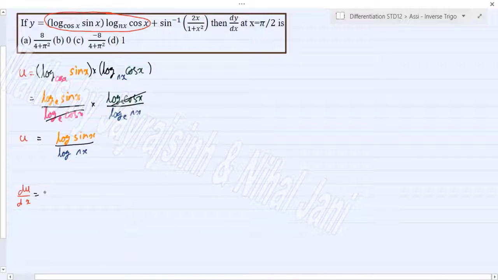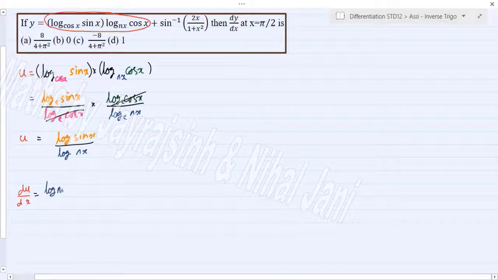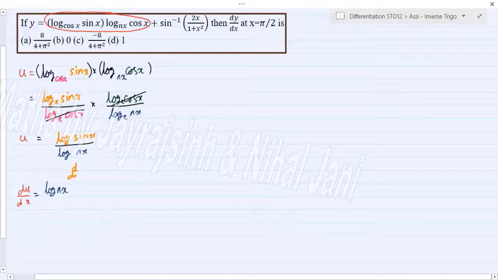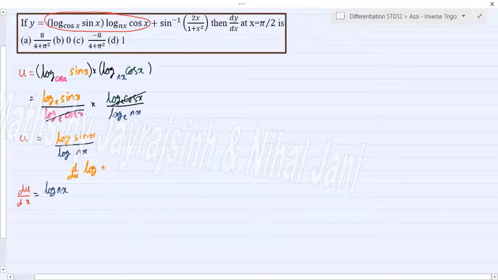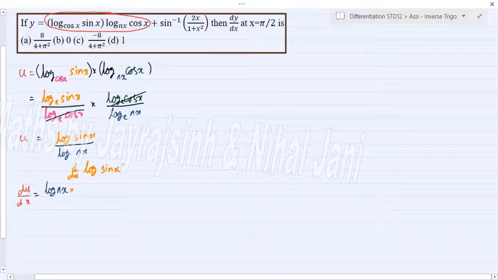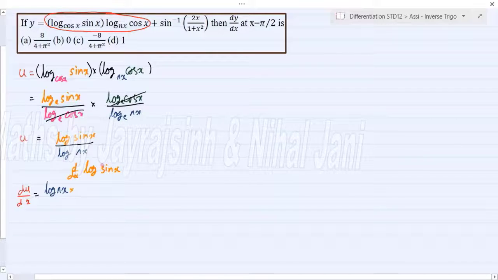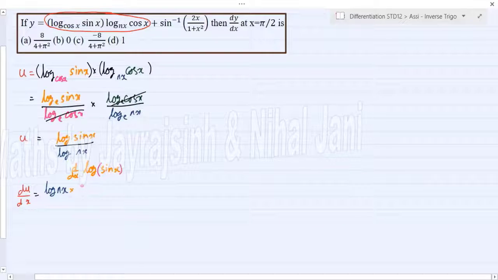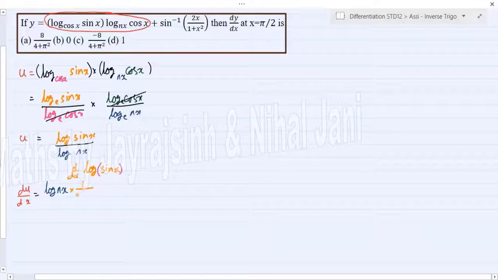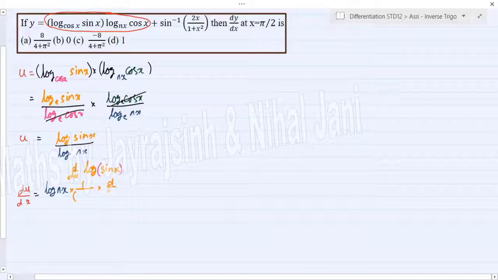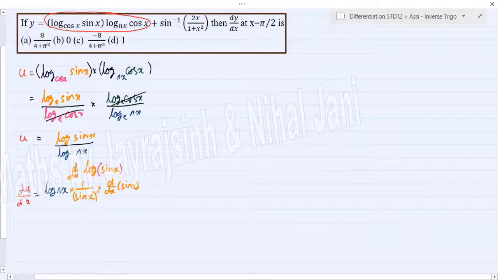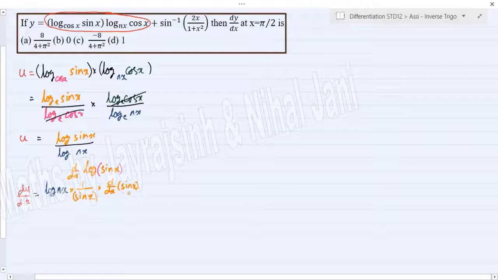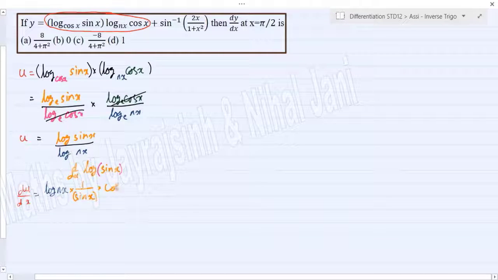And according to division rule, in first term, your log nx will be as it is. We have to differentiate log sin x. To differentiate log sin x, we have to consider box around the sin x. So differentiation of log box is simply 1 upon box into d by dx of box. Within the box we have sin x. So we just have to multiply differentiation of sin x, which is cos x,